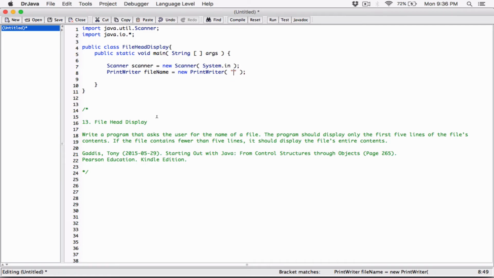I'm going to call it maybe file head display or text. I don't know, let me just say contents.txt. I'll make it small. So what this is going to do is create a file in memory called contents.txt, and then connect that file to the file name. So now we're going to use the file name to access that file,